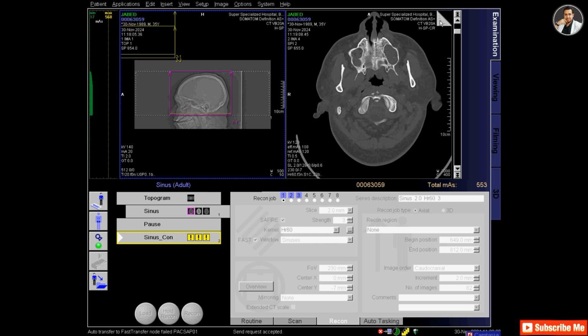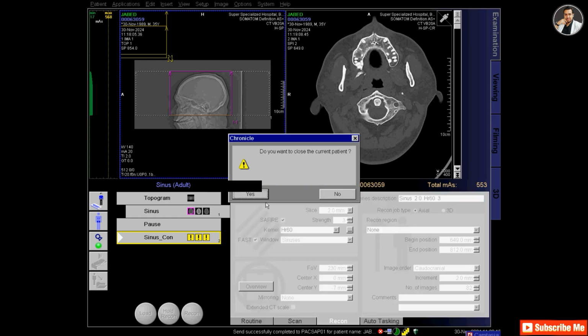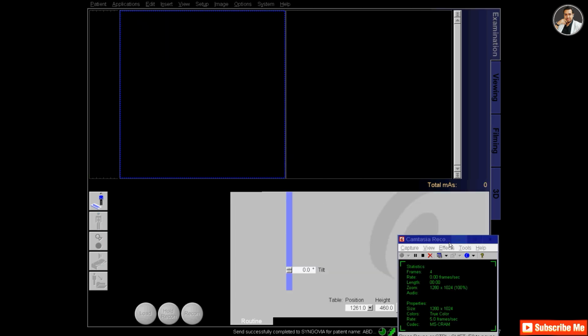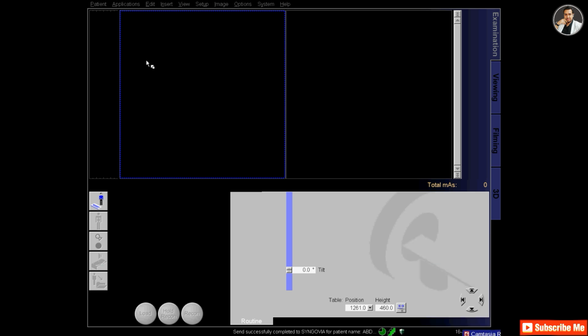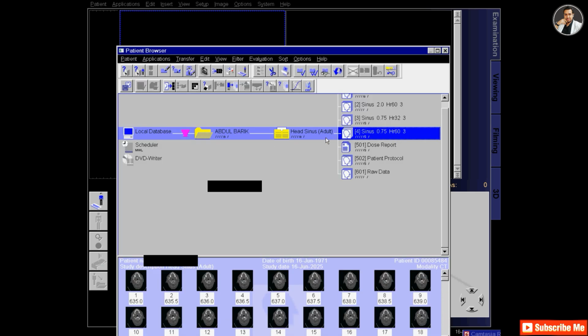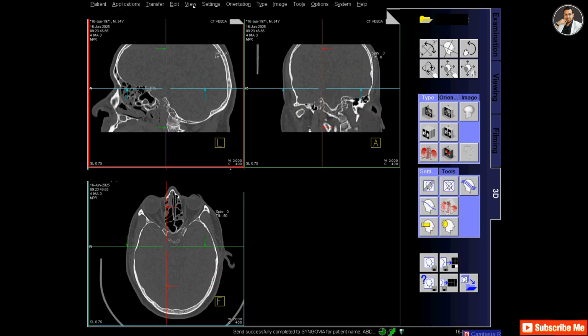I'm checking out the images. So my reconstruction is completed. I will close the patient from the exam card. Now it's time to reconstruct the image, make axial, coronal and sagittal images in the sinus window. So from the browser select the sinus 0.75 mm and